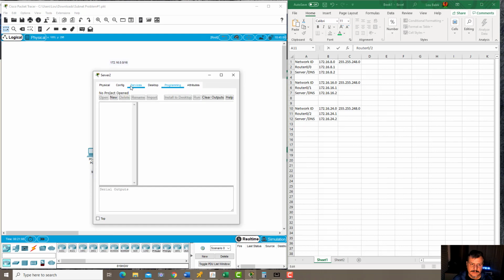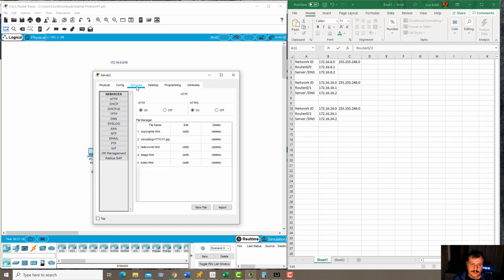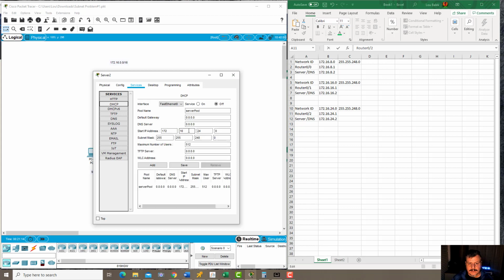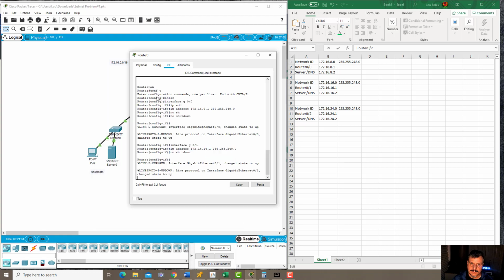And then, okay, we're going to go to DHCP, and we're going to change that to a 1 to match what our configuration says. And we're going to start with a 10 because we don't want to have addresses in line. So there we go. We're going to go to the router,